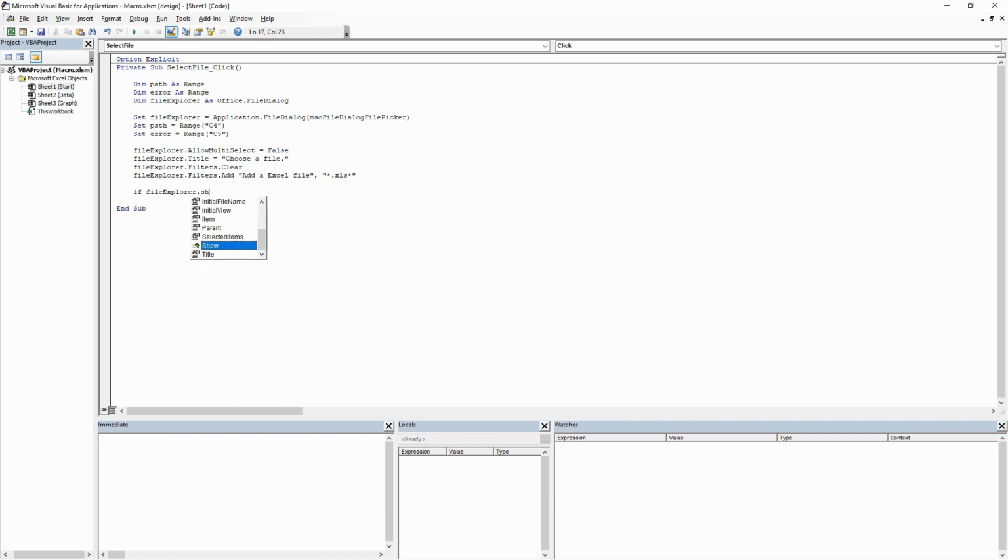It indicates whether the user pressed the action button, -1, or the cancel button, 0. If the value is not equal to -1, then we know a user has not selected a file. On the other branch of the condition, we know the user selected a file and the macro saves the file path.